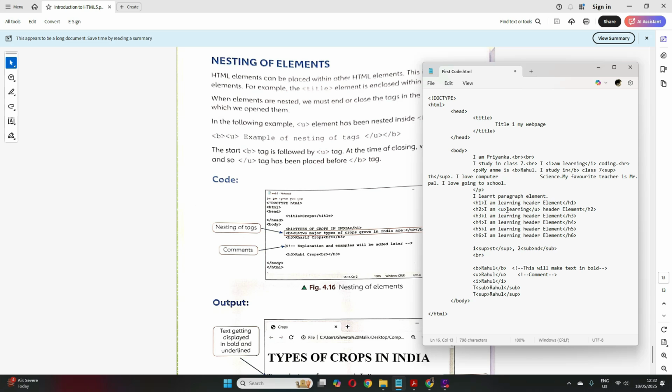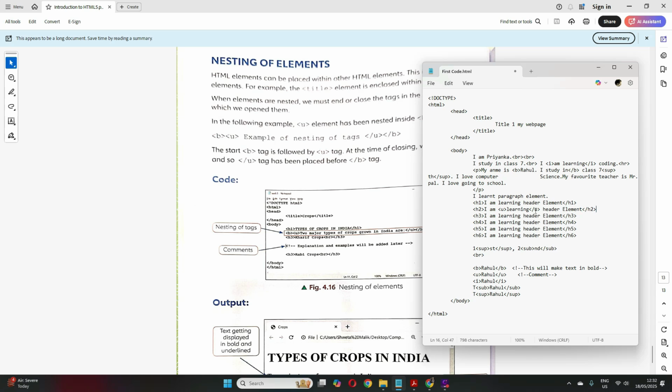So I have to close underline first and then H2. So when you are nesting the elements, we must close the tags in the opposite order in which they are opened. Like see here, H2 opens first, then underline opens, correct? But when you are closing, underline has to close first and then H2 has to close.